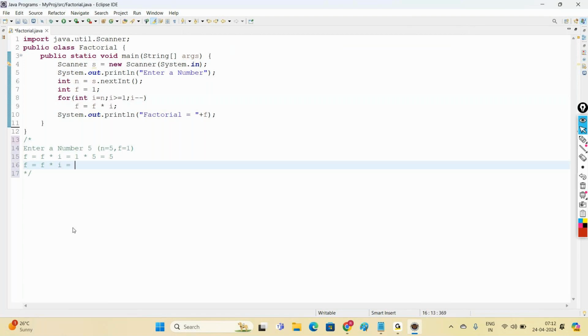What is the value of f? 5. And I value is now 4. The value of f will become 20. Again control goes to I minus minus, 3. 3 greater than or equal to 1, yes. Again statement f equal to f into I,